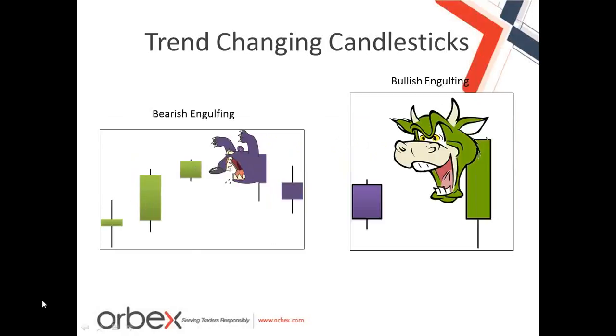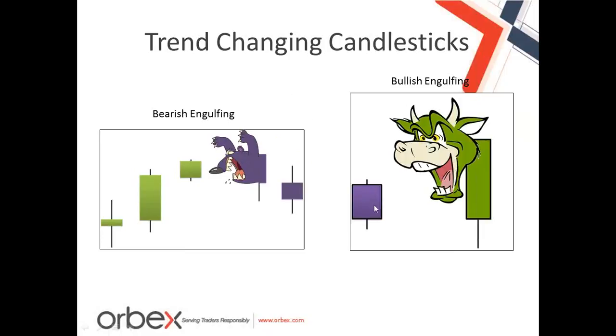What happens is that you have a number of bullish candles over here, and then you have a very strong bearish candle that basically can eat up or engulf the previous bullish candle, and that can be an indication of a trend change, especially if this happens at the 50% or 61% Fibonacci level and can back up your retracement analysis. Likewise, in the bearish market, as you can see here,